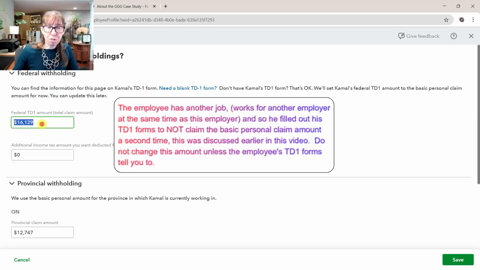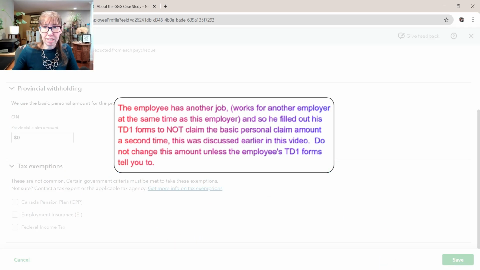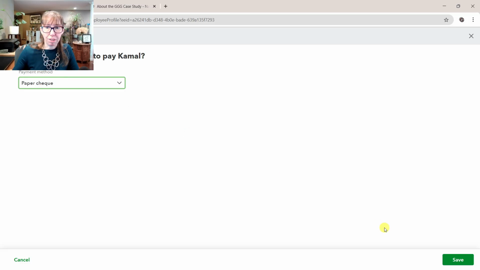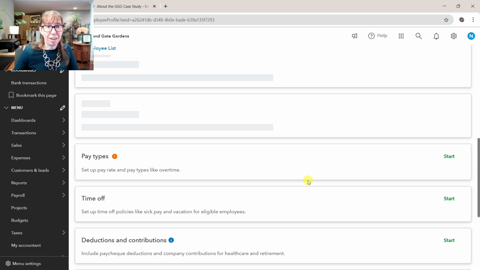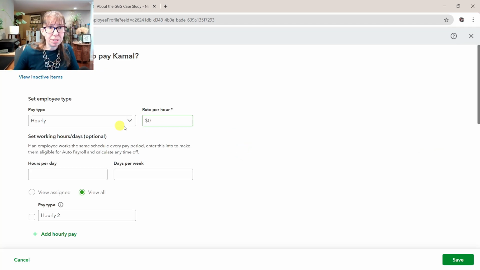And the TD1 form that he filled out actually is 0 on both of these. So that's important. But he's not exempt for any of this stuff, so we can hit save. And for the payment method, I'm going to just say paper check for now. I don't know why I had it starred. I'm not going to do direct deposit because there's no real bank right now because it's a case study. So let's do pay types. It's very important. We're going to do hourly